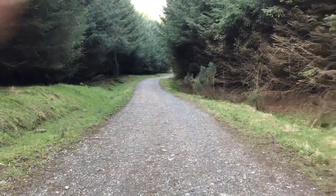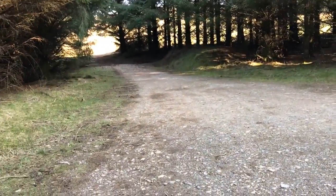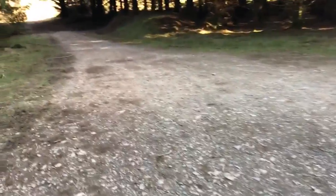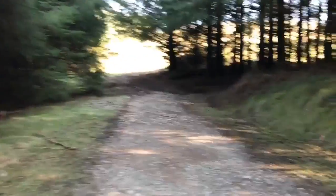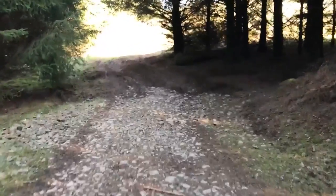Right, steady climb up the hill through the trees, and you come to a junction here, this way or this way, and you go left. So basically I'm going to head this way, and I think this is into the open moorland bit now rather than in the trees. And as I was climbing up there, I was wondering how many people are following my